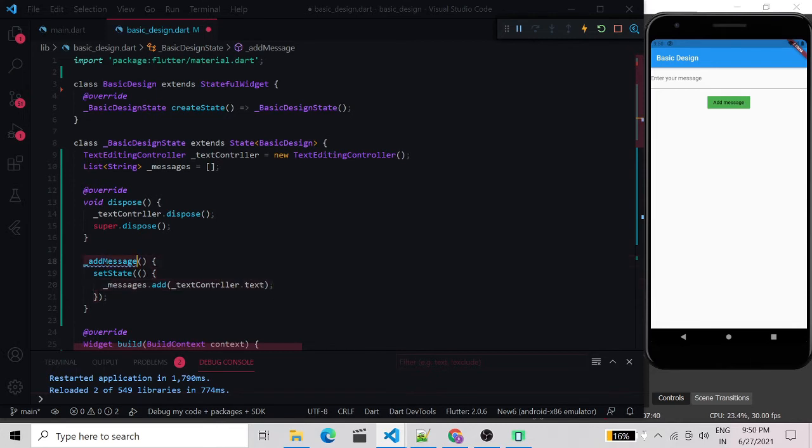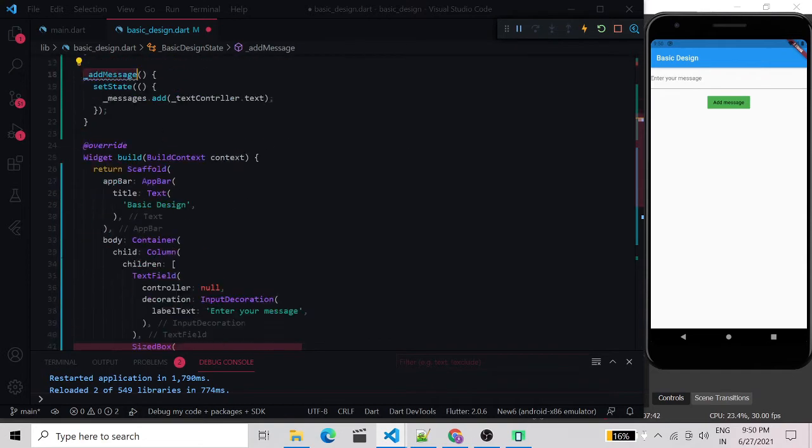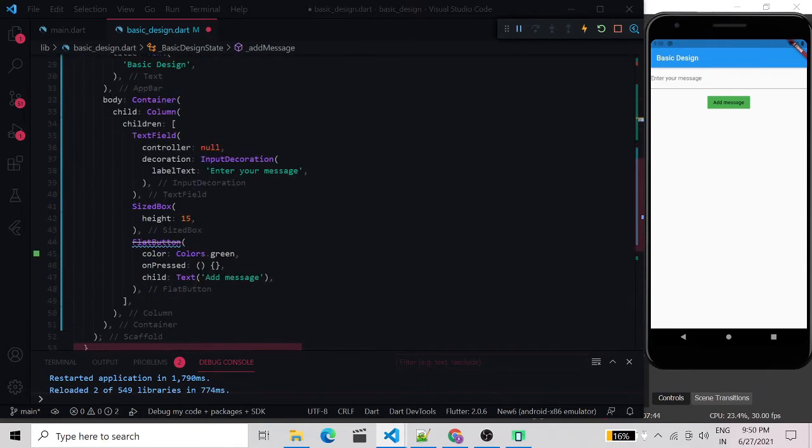And just go here and hook that add message button to our first method inside these open and close curly braces, or you can directly give it like here, but as of now just put that method inside the open and closing curly braces.